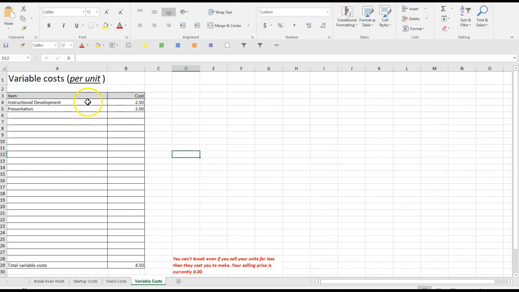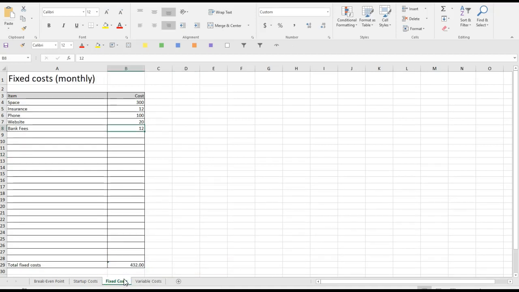So it's my educational development cost. And I'm saying that if I base this on a class, it's usually somewhere between 20 and 40 students, then that's going to be $2.50 per student. And then presentation, that is my gas getting there and also the amount of money I spent on copies or materials or supplies for these particular presentations. So that's $2, right? So given the fact that I now say that my variable cost per item is $4.50,